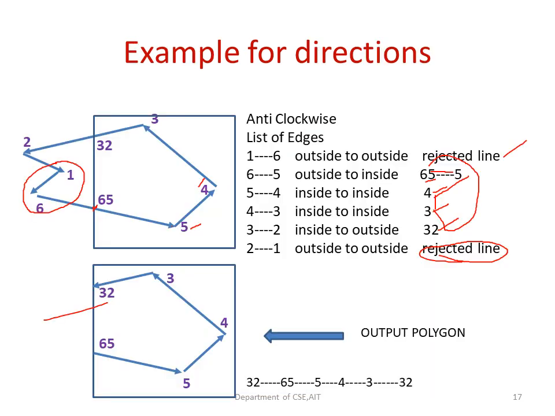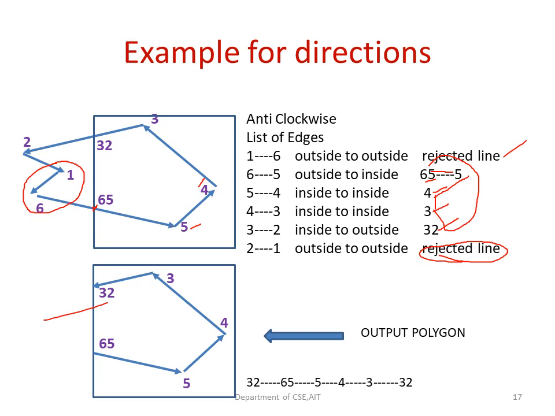To understand more about the directions of a polygon, we will take one illustration. In this picture, I have a polygon. The polygon is present within one clipping window. Here, I am going to consider the edges with respect to the anti-clockwise direction. I am going to start from any point, and I have to reach the same point. For example, if I am starting from 1, I will move from 1 to 6, 6 to 5, 5 to 4, 4 to 3, 3 to 2 and then from 2 to 1. I will stop at 1 in the anti-clockwise direction.